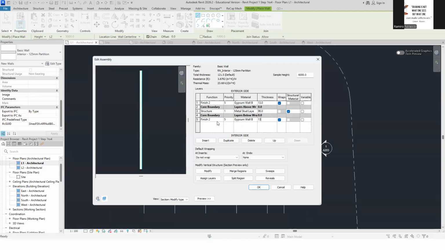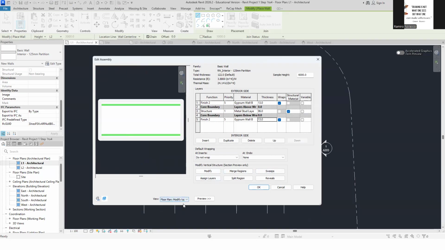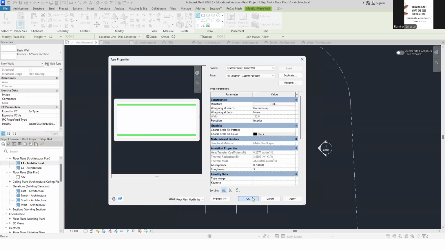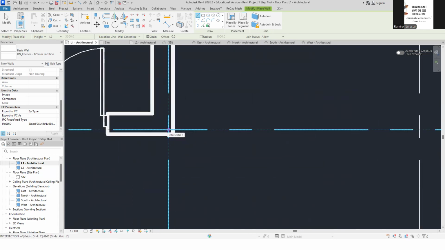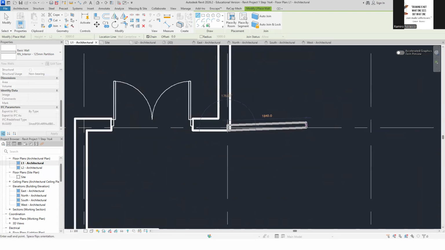So 13, okay, that's our wall in section view, wall in plan view. You click OK, and then you can start doing your wall.